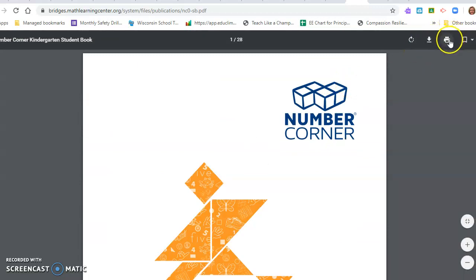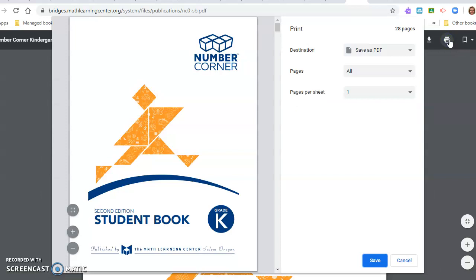But what you're going to want to do is actually print this. So go to print. We're not going to be printing it, but that's what we're going to want to do to save this. And then you're going to click on the specific page. Now you actually have to save each one individually if you want to upload them individually for students, and that's what I would recommend. So you'd customize it and choose page,